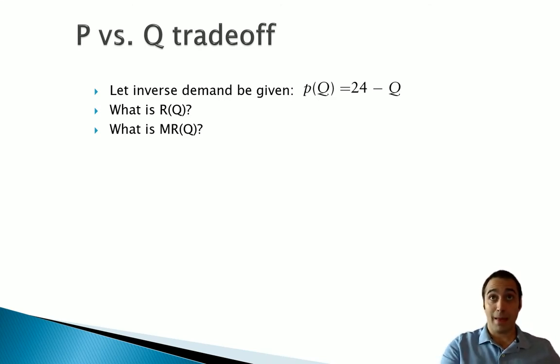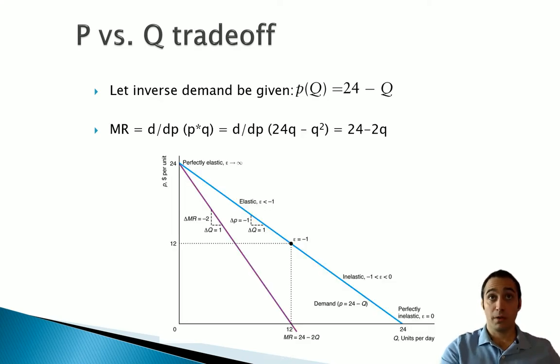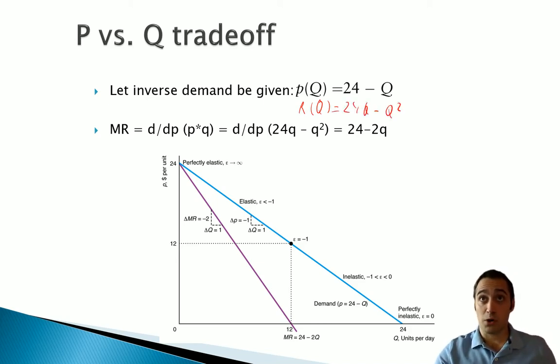First, let inverse demand, i.e. price as a function of quantity, be given by 24 minus Q. What is revenue as a function of quantity? And what is marginal revenue as a function of quantity? Work it out. Hopefully you note that you can just find revenue by multiplying this times Q. So our revenue must equal 24Q minus Q squared. To find our marginal revenue, just take the first derivative of this and you'll find that you have 24 minus